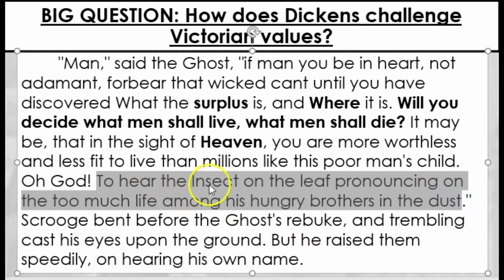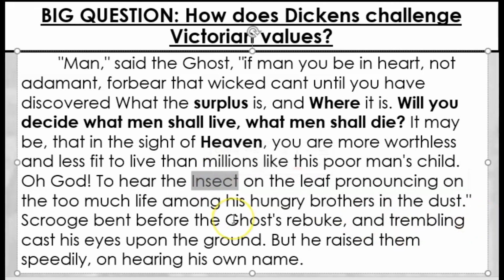So basically this idea of the insect complaining about the population of hungry insects who are dying in the dust, it's very much a use of metaphor to bring in the ideas of Malthus and criticize it, and in some ways to dehumanize Malthus and make him seem more monstrous by likening those ideas to the ideas of an insect. So something lacking in compassion and humanity. So there's some very rich things going on here in terms of the AO3.